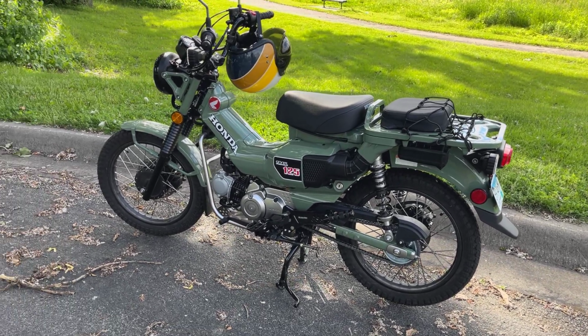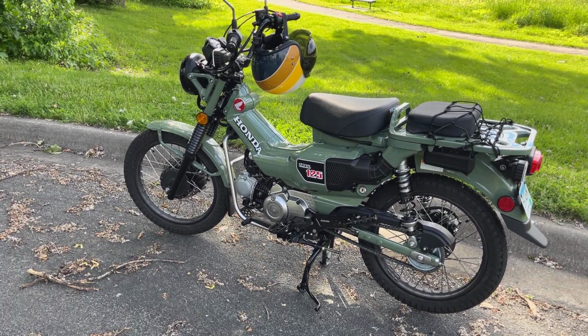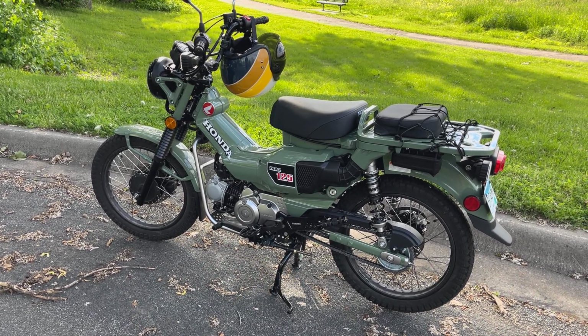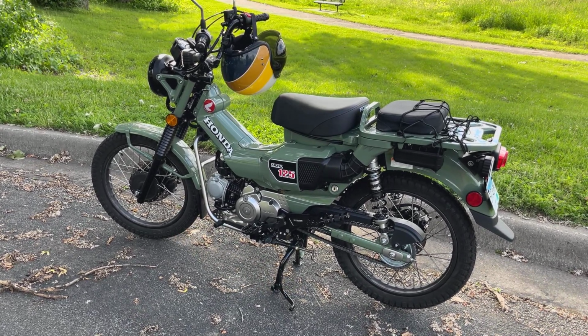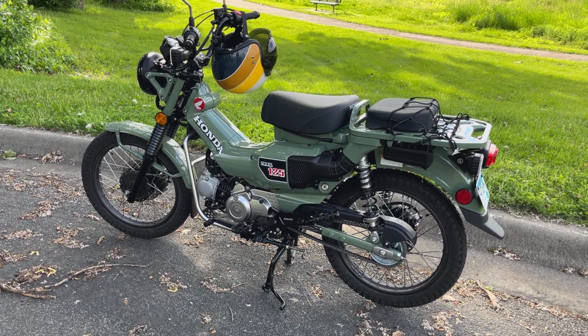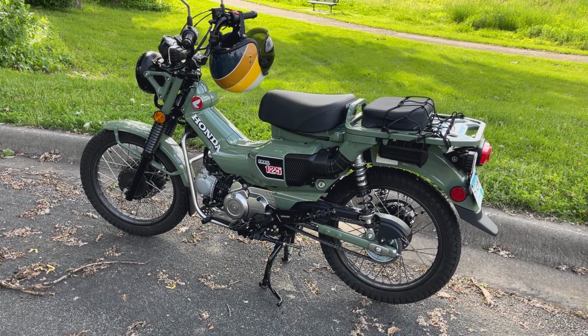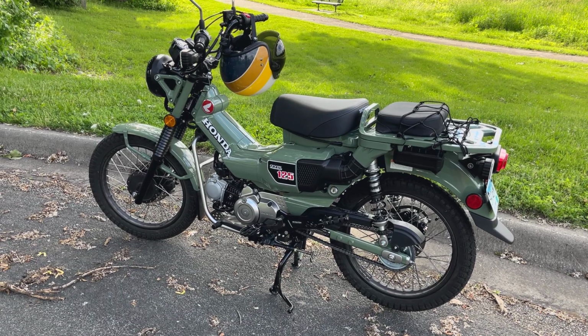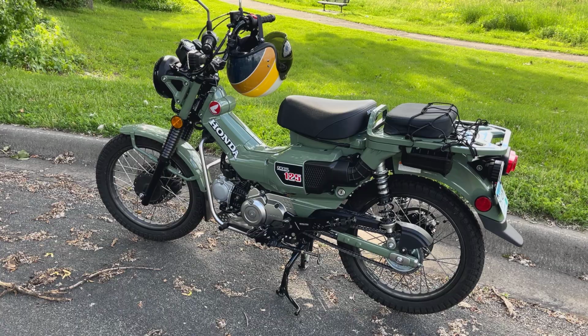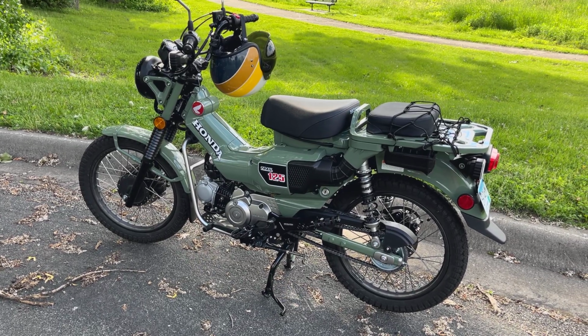Okay, so I'd like to talk a little bit about what I've been up to and why I haven't been posting much in the way of Xterra videos. I bought this 2023 Honda Trail 125. I started searching for it in January and found one. They've been hard to find in certain areas, but I bought one at my local dealer here in Minneapolis and